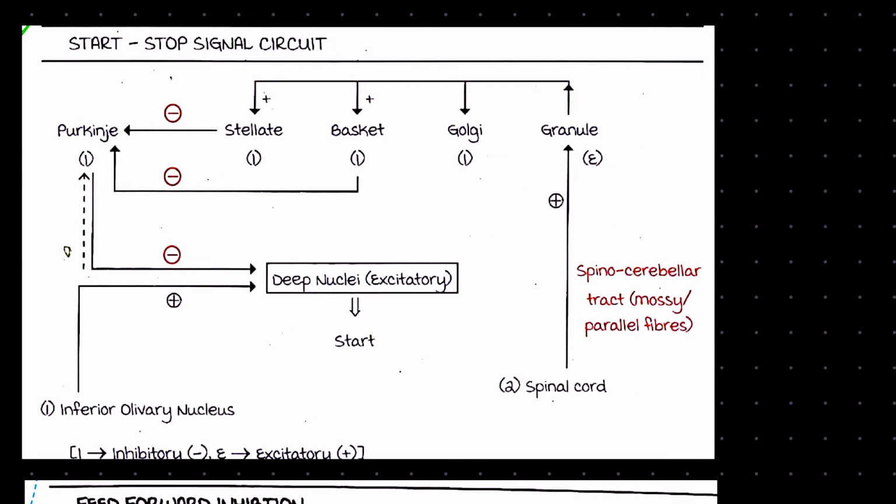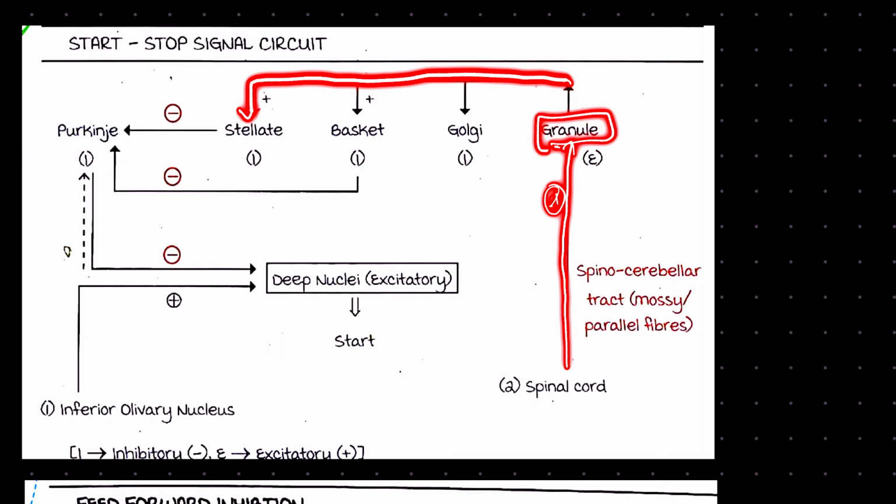Okay, for example, from the spine, what is this? This is our spinal cord. Now from the spinal cord, what is rising? There is the spinocerebellar tract, and it is the origin of our mossy fibers or parallel fibers. These mossy fibers or parallel fibers go and excite our granule cells. We have already said these things also. These granule cells, through this parallel fiber, will excite our